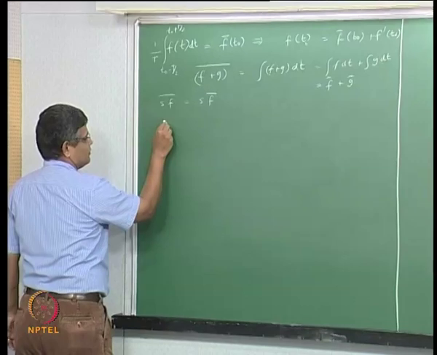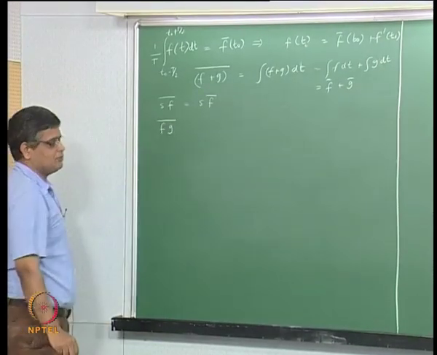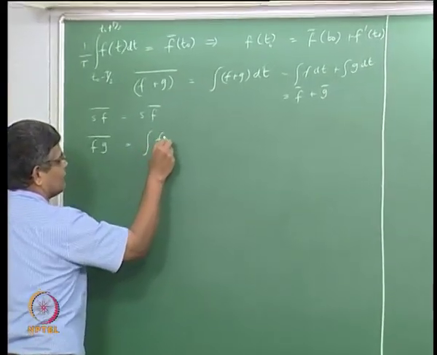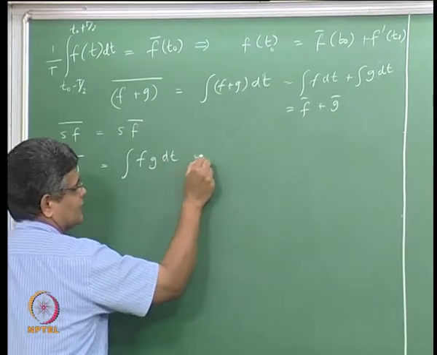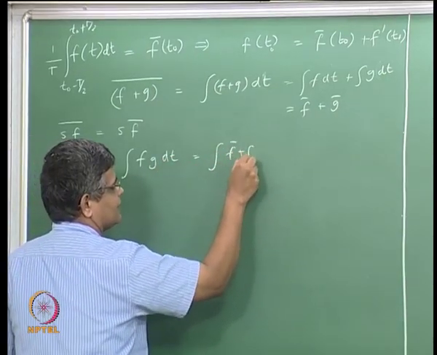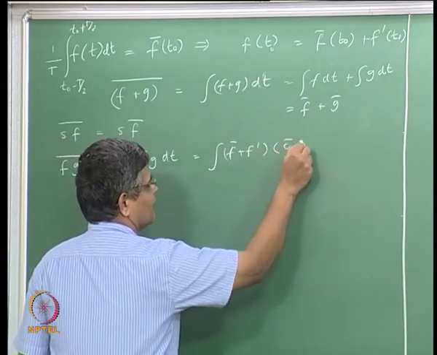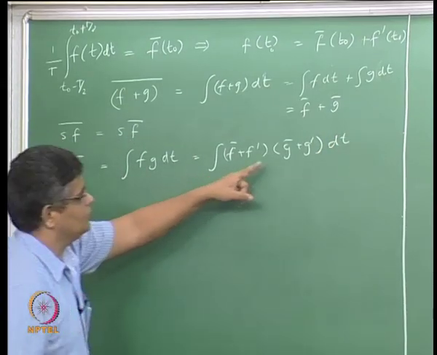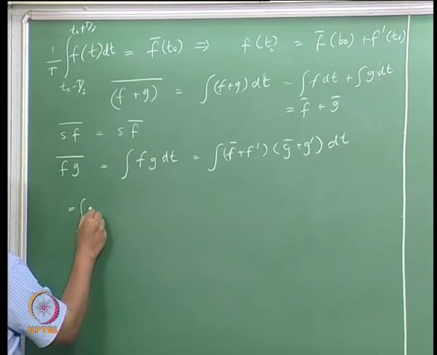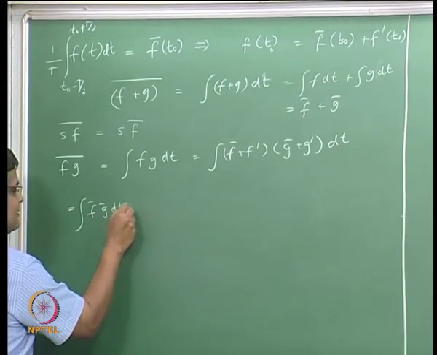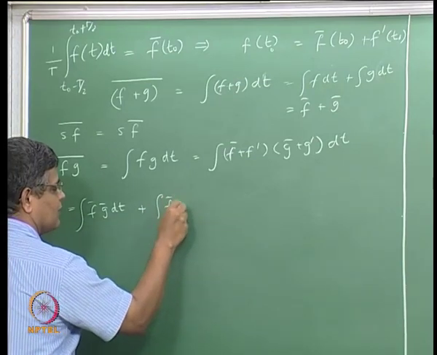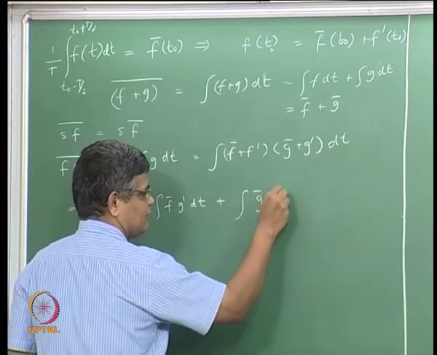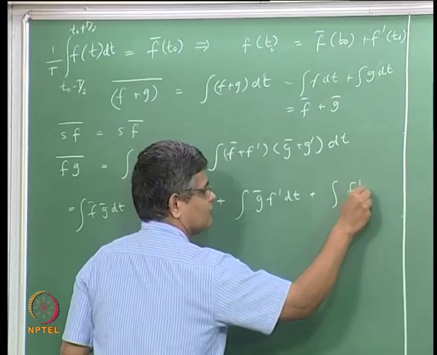And we can also show that the time average of the product of two fluctuating parameters f and g is the integral of fg dt, that is the integral of f bar plus f prime times g bar plus g prime dt, and we can write this as four integrals: the integral of f bar g bar dt plus the integral of f bar g prime dt plus the integral of g bar f prime dt plus the integral of f prime g prime dt,